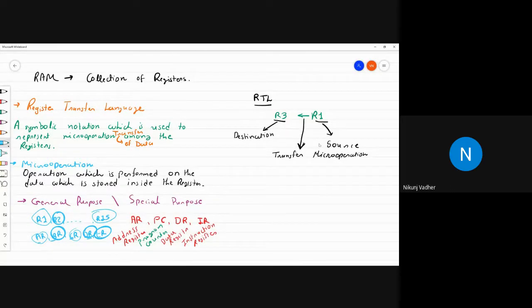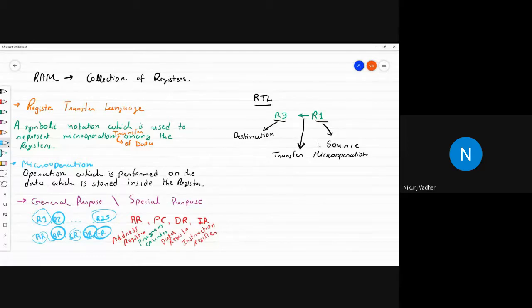So these special purpose registers will play a specific role. They will perform a specific functionality. They are not designed to work directly with the accumulator or the arithmetic logic unit.